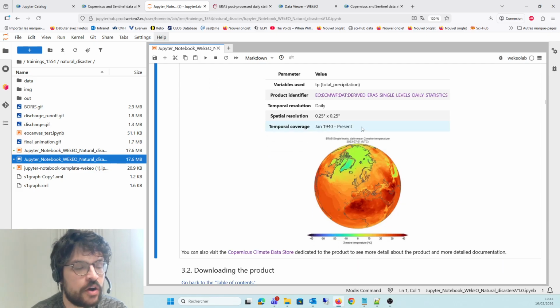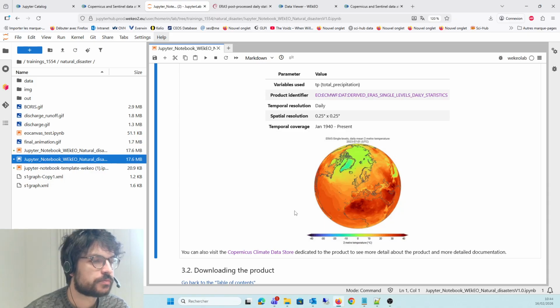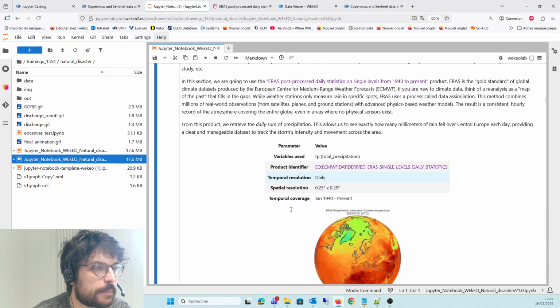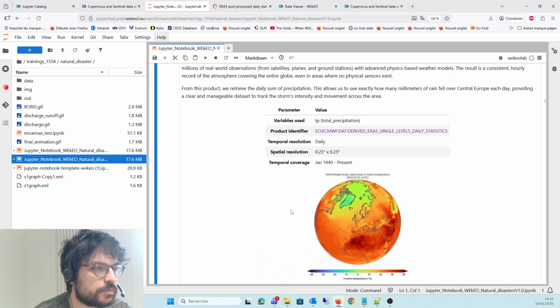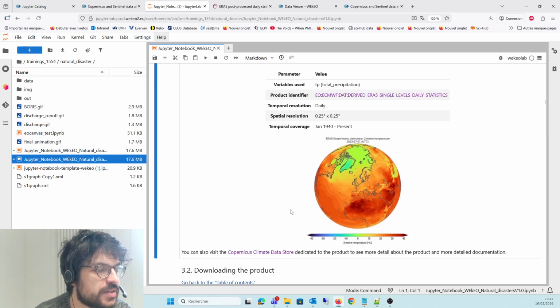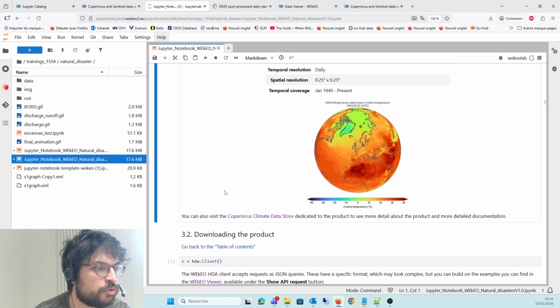But of course, we are only going to retrieve a few months of data, so we have files that have a manageable size. Okay, so we will see now, thanks to the product, how many millimeters of rain have fallen over Central Europe in September 2024.